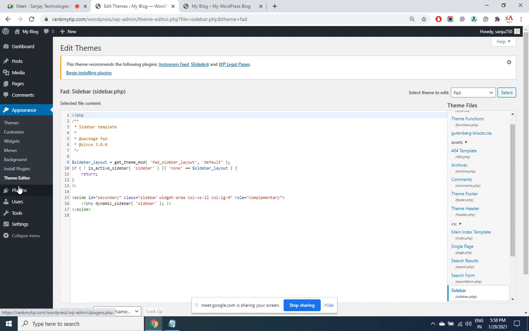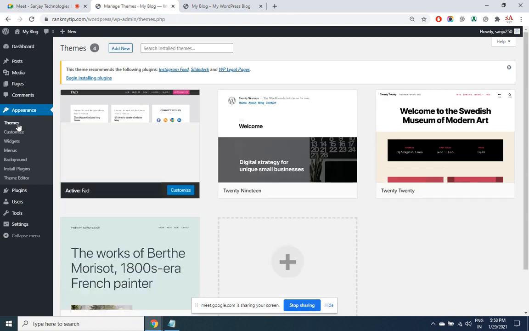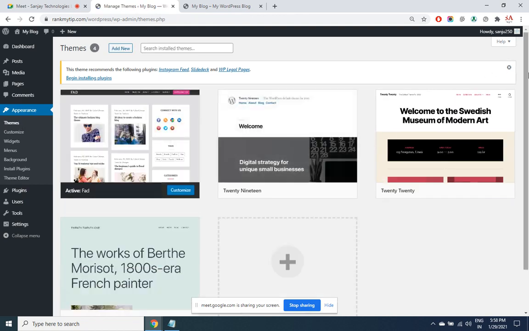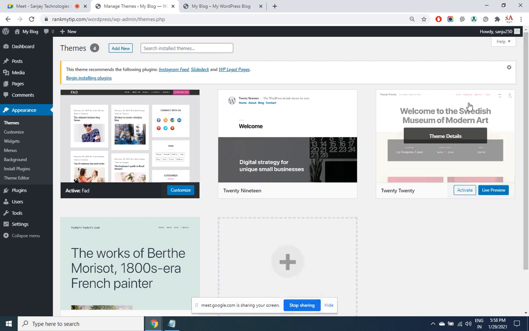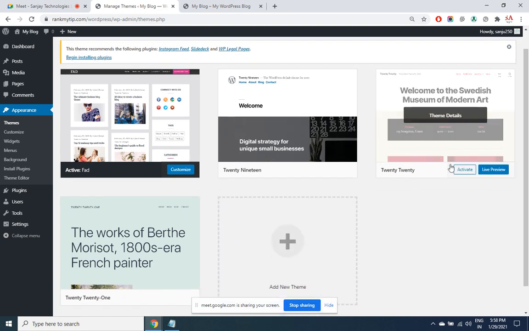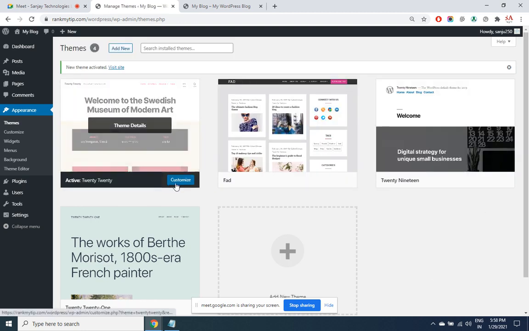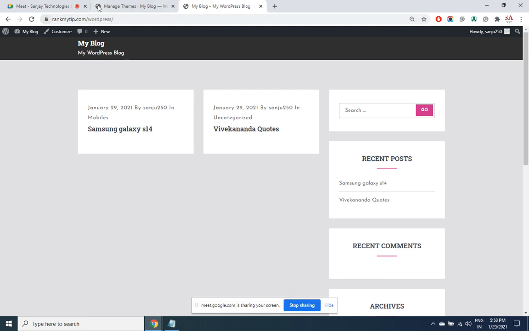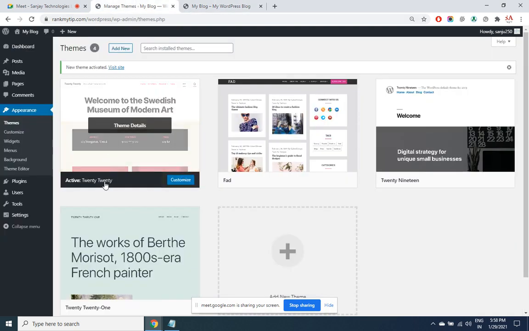So let me ignore this option editor. We'll go back to themes and choose a theme which has got a menu to see how the menu has to be edited. So I've installed this theme, activate it. Okay, already active.